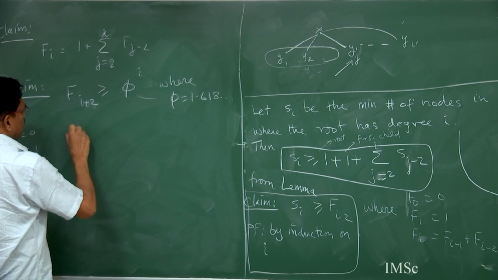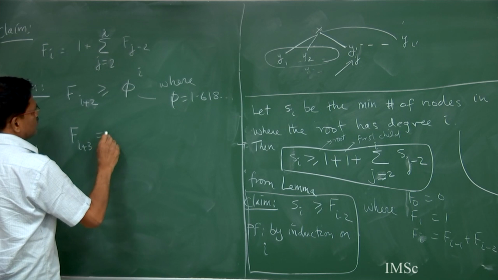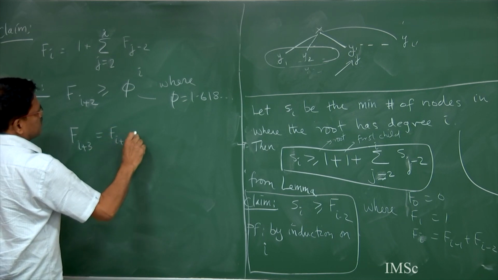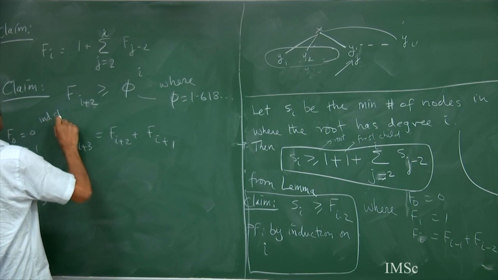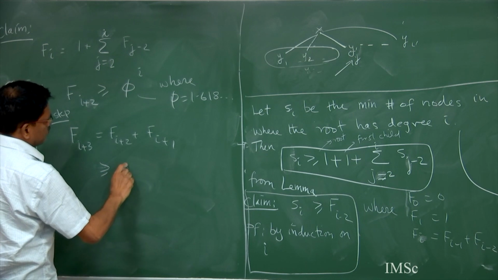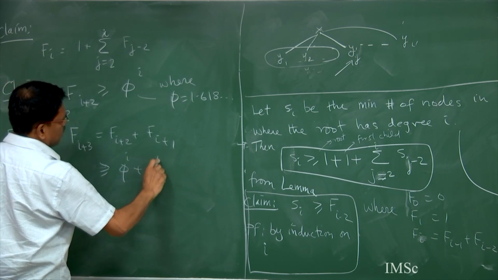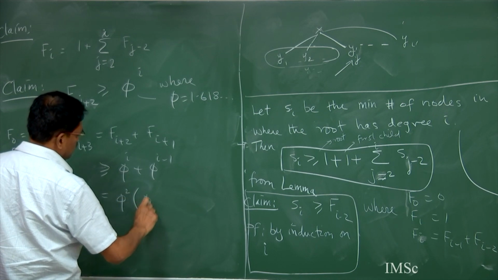Then I have Fi plus 3 is equal to Fi plus 2 plus Fi plus 1. So this is the induction step, which is greater than or equal to phi to the power I plus phi to the power I minus 1, which is equal to phi square into